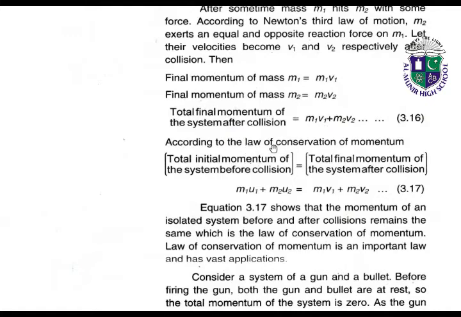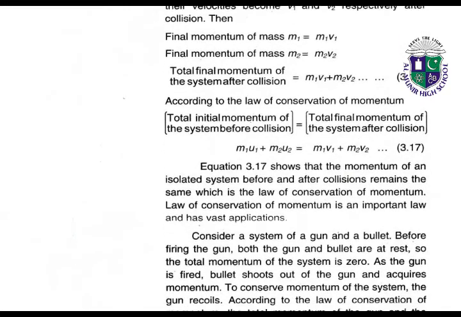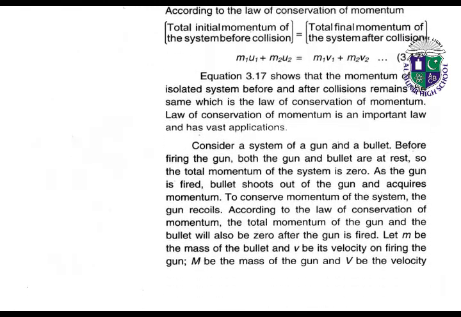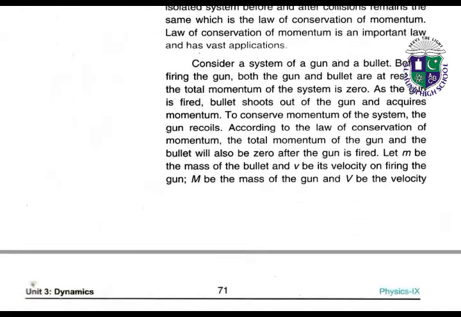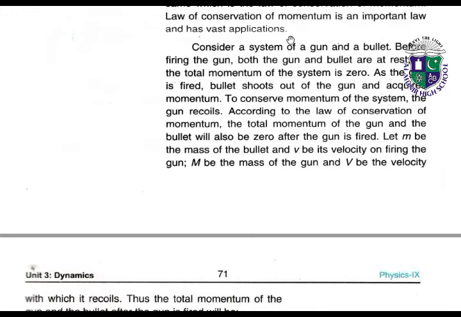So according to the law of conservation of momentum, the initial momentum before collision must be equal to the final momentum after collision of two air-filled balloons. So here we also have the example of a gun and bullet. Before firing the gun, both the gun and bullet are at rest, so the total momentum of the system is